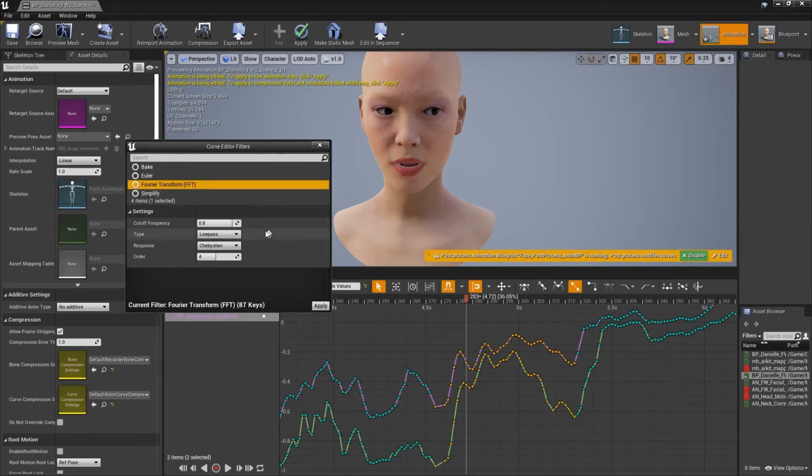The real nice thing about this is it can isolate low-frequency data from high-frequency data. A low-pass filter type will allow the low frequencies of overall motion to come through, while filtering out the high frequencies that are causing high jitter and noise. I usually use the Butterworth response, so we'll choose that, and a cutoff frequency adjusts at what level the high frequencies begin to be filtered out. At 0.8, these are very high frequencies. I'm going to set this to 0.5 so that a larger bandwidth of frequencies on the high end will get